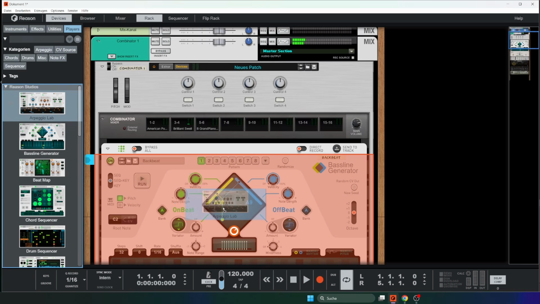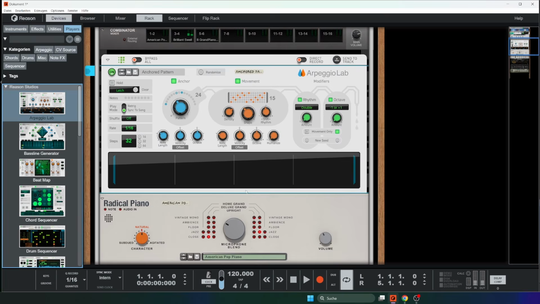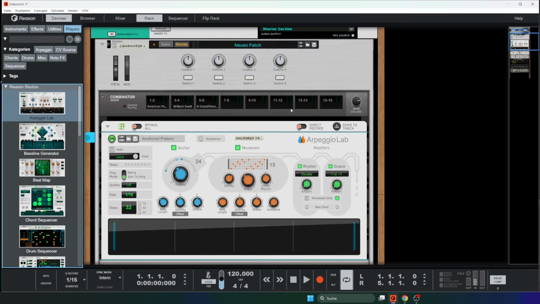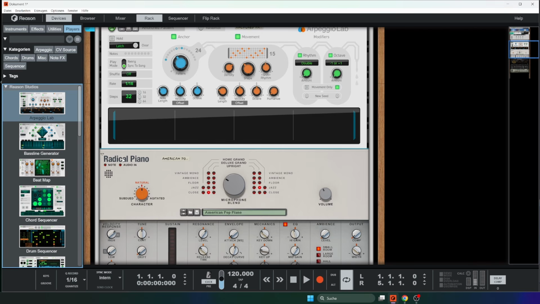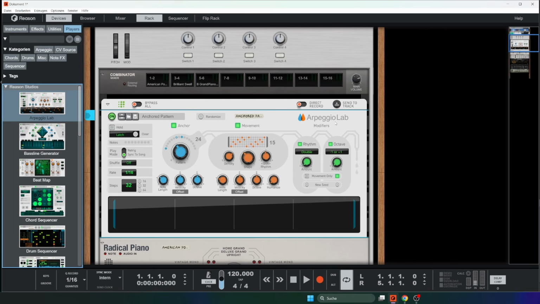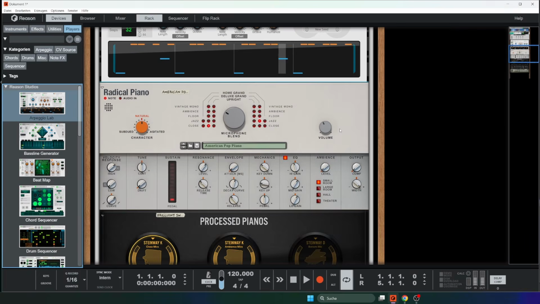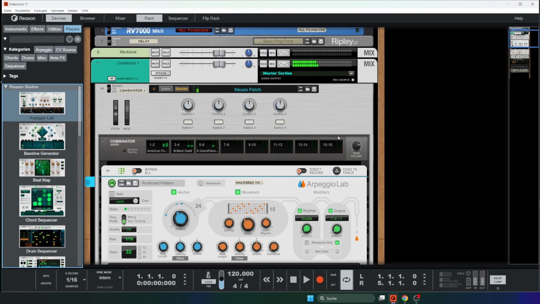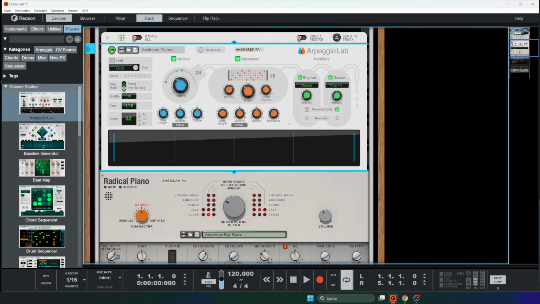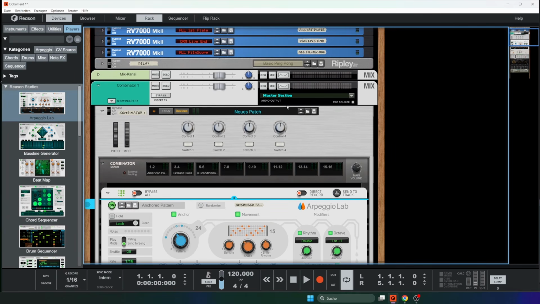Why isn't this playing? Okay, so now we got that player inside the combinator, but this only affects the radical piano now. The process piano and the NNXT won't play the arpeggiated notes. So if we want to get the same notes for every instance, it would be better to put this above,